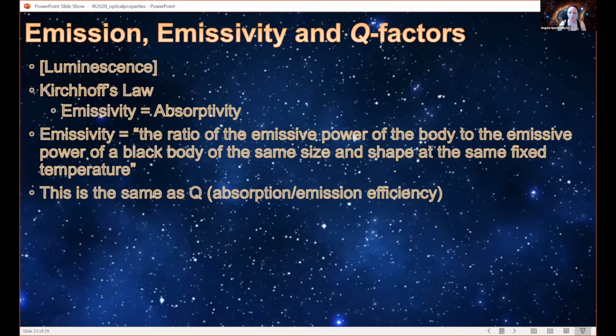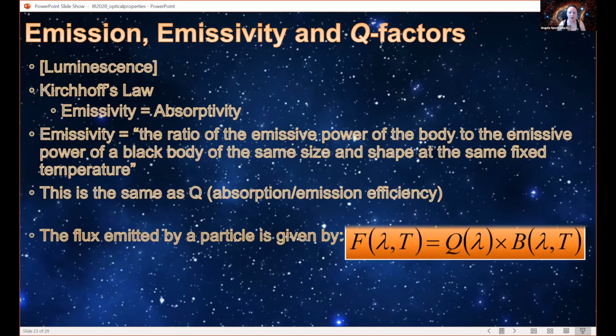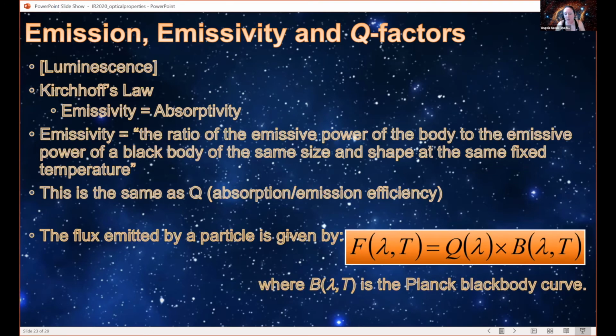And so we've got our Q values in space. We've got our absorptivity values, which are therefore emissivity values, and we can see what's going on. So now we can calculate what the flux from a given grain is going to be. We've got how hot it is and how it's behaving not like a black body. Okay, so we can get absorptivity, we can use that as Q, we can now calculate what we're